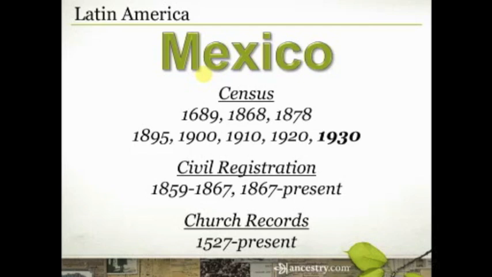And most often, those records are recorded at a parish level, and then copies of those records are sent to the diocese. And so those records are held then by the diocese for that particular area. So understanding what dioceses exist in the place where your ancestor lived will help you know when they started keeping records for that location. And then it'll also help you understand where those records are.